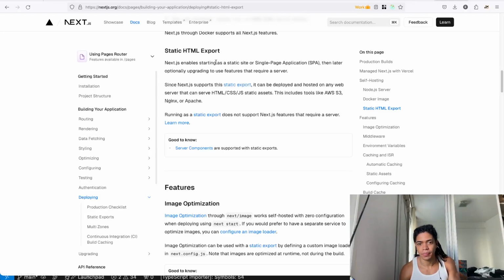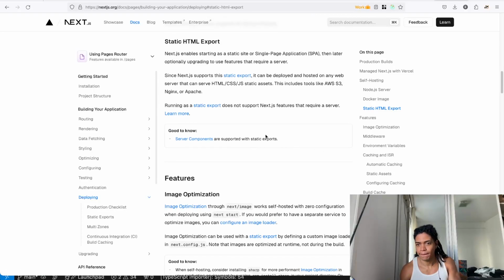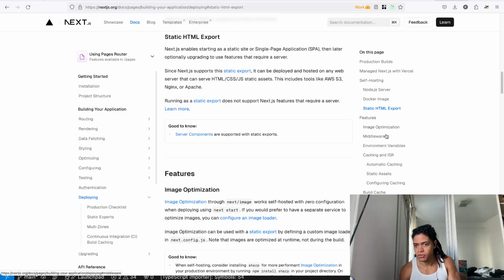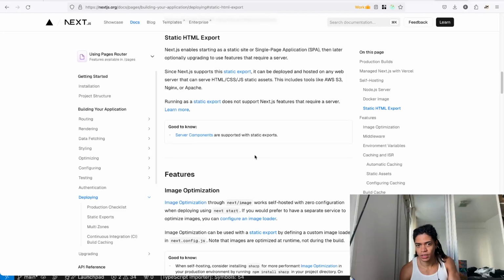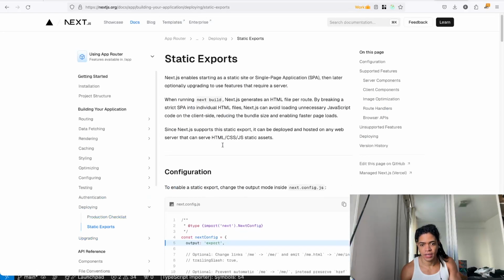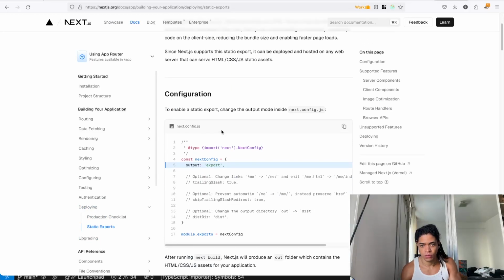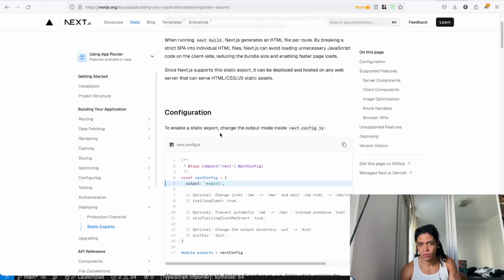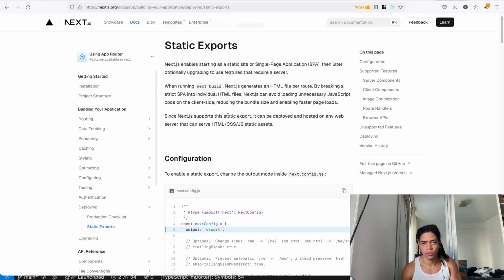That's great. Features, image optimization, automatic caching, but running a static export for that. Okay.